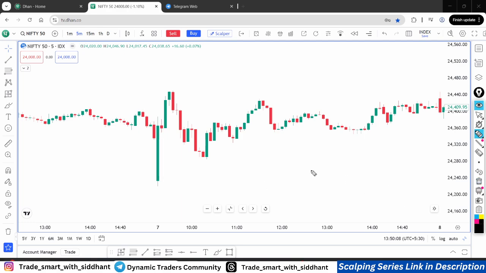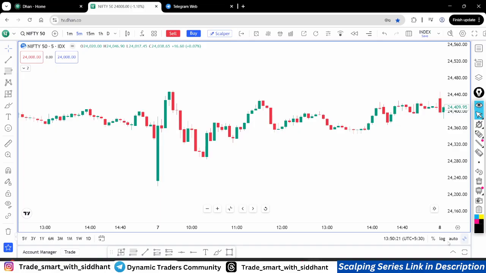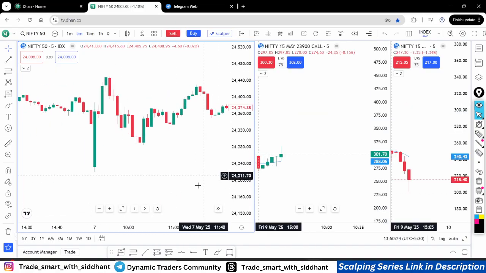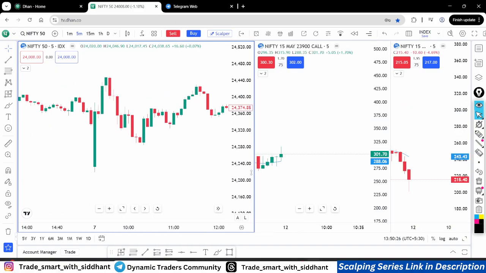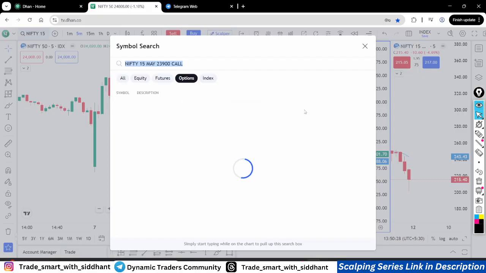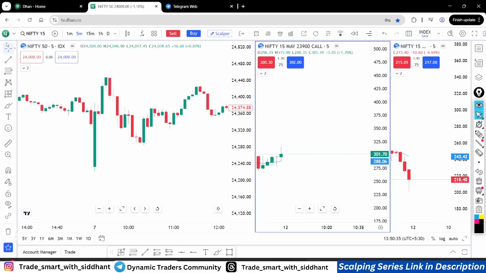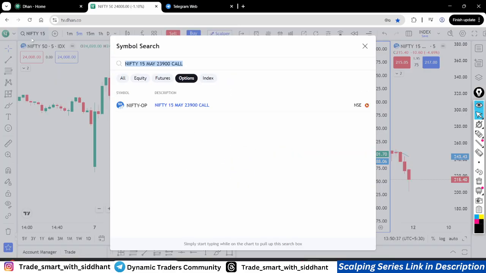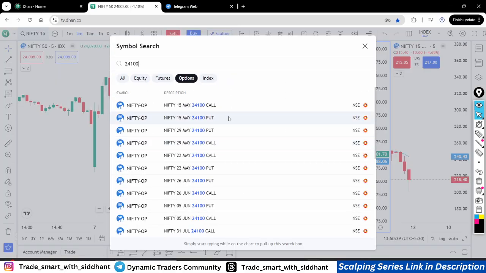I'm explaining one more time. A momentum trade means the movement which is still running in the market, and this is how we capture momentum trades. Now I will quickly open the premium chart right here. This range is 24,250. As it's a 7-day-dated expiry, we need in the money, so we will go with the 24,100 call.